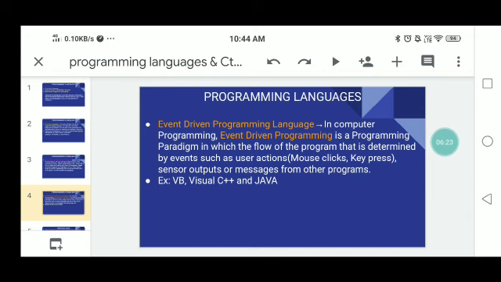So JavaScript web applications are one example of the event driven programming paradigm. This is also true of programming for device drivers. You can make device drivers using this event driven programming.